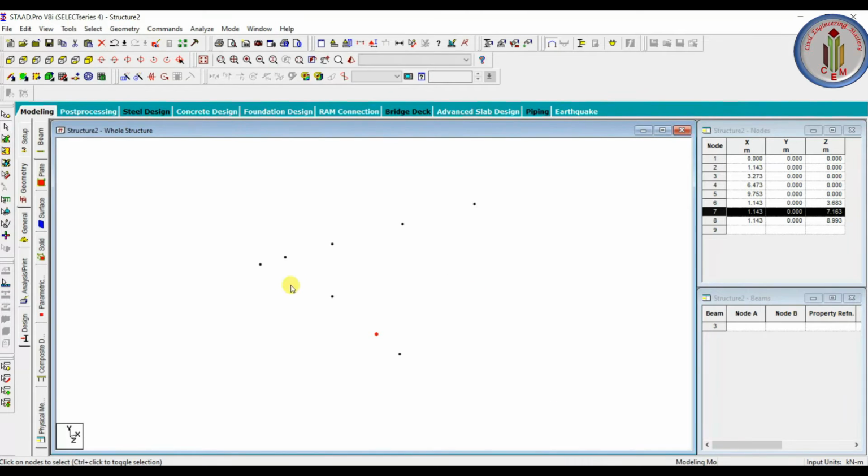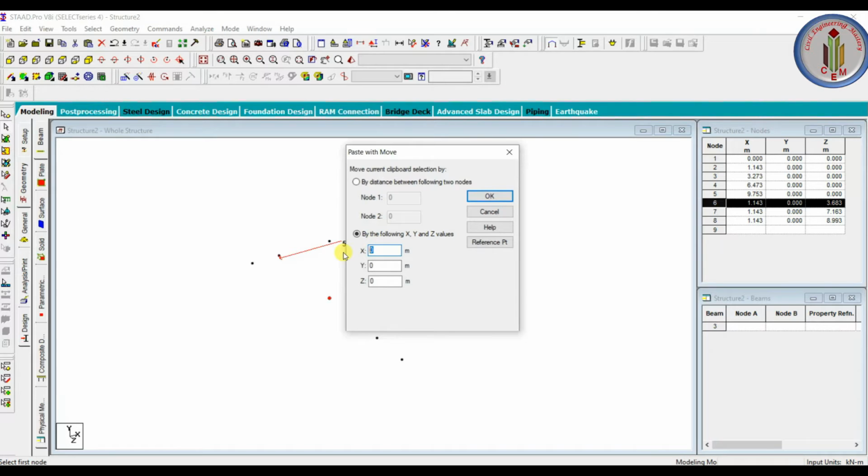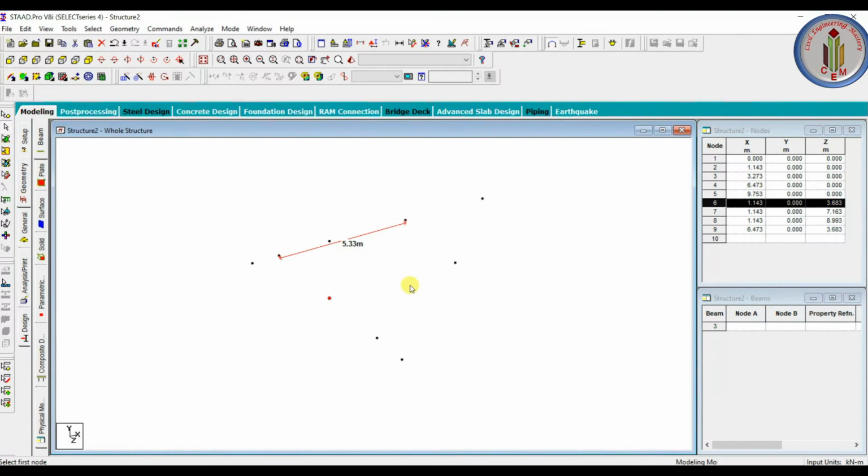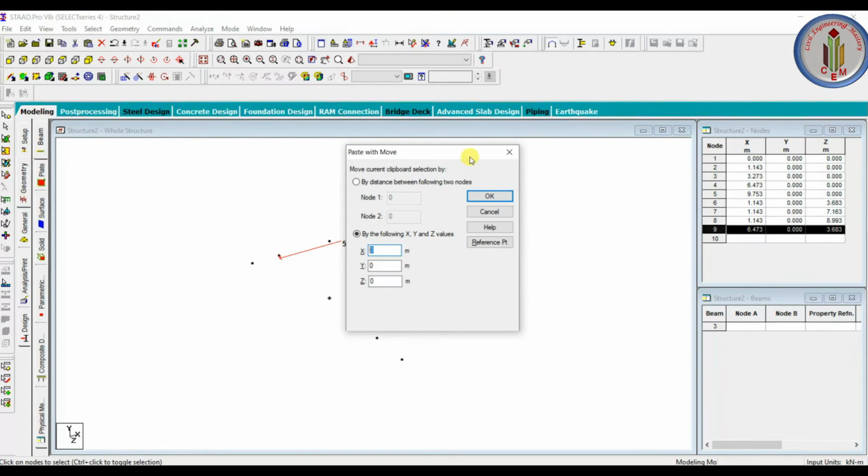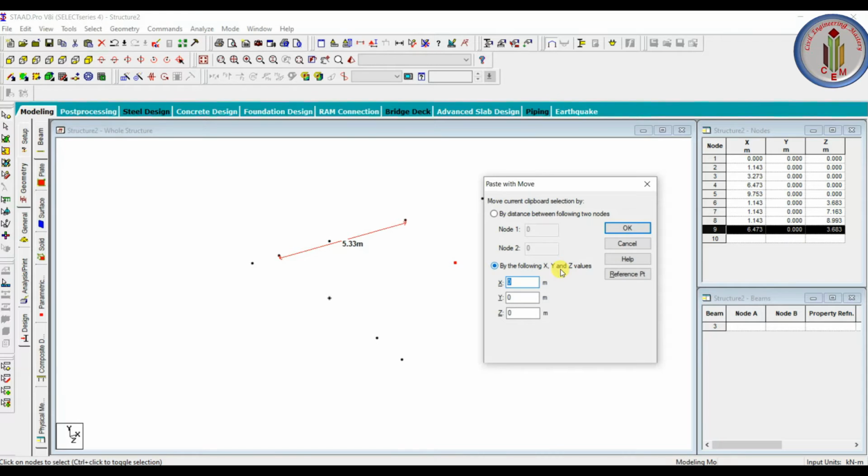So go there and select this one. Before that, let's see this dimension, 5.33. Control C, Control V, 5.33. So it is done. And again, let's see, that is 3.28.